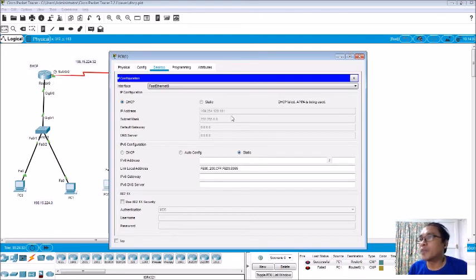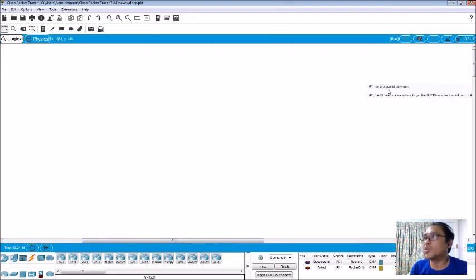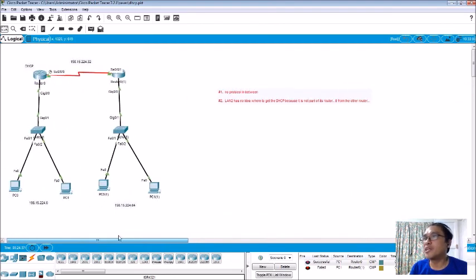And by the way, when the client asks for an IP address from the DHCP server and the DHCP cannot be seen or cannot be found, there is an automatic private IP address given to this particular PC. That's why the 169.254 is an APIPA, which stands for automatic private IP addressing. So this indicates that there is no DHCP found in this network. And why? These are the two questions that we need to answer. So basically there are two reasons why this group of computers here, or